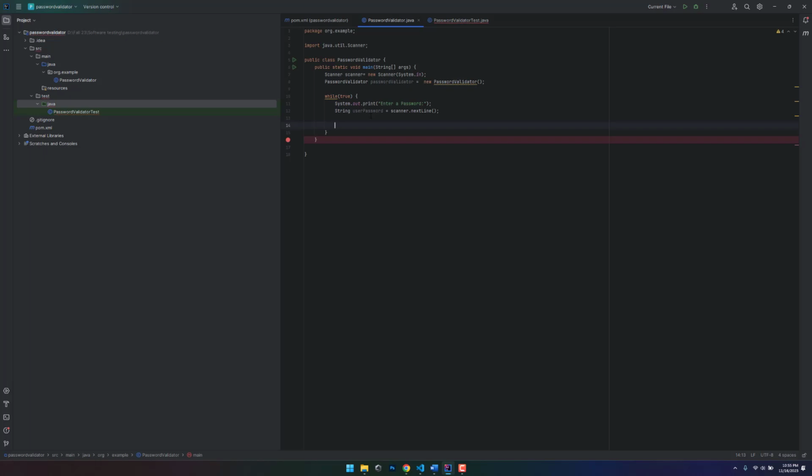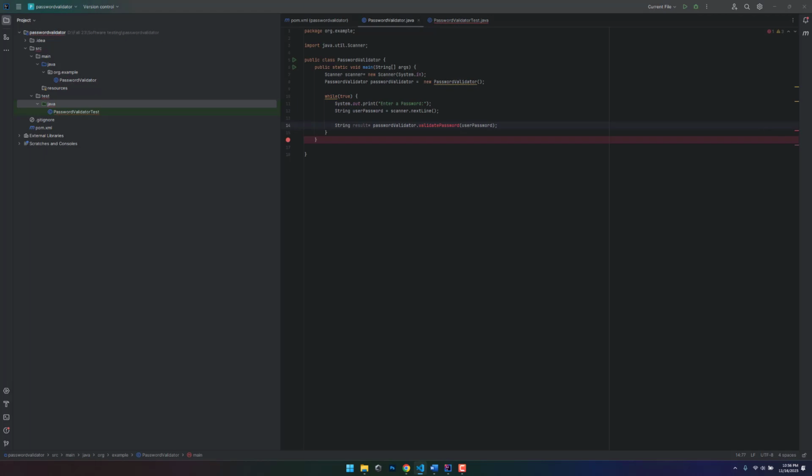So after getting the input, we can just do some basic things. We'll use a function somewhere in the program, and then we'll call that particular function, right? So let's just do a result, and for the result we will call a particular function in the program using the instance. We'll call this the validatePassword function that we want, and we'll send the particular user input to that function. Right. Okay,